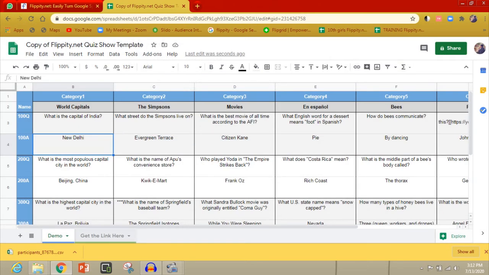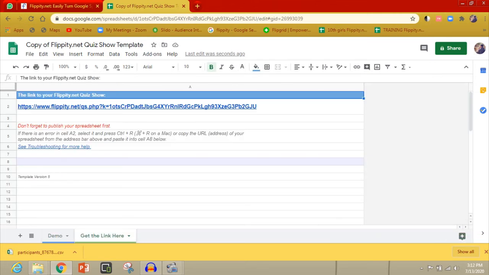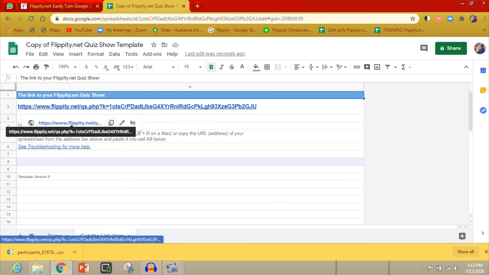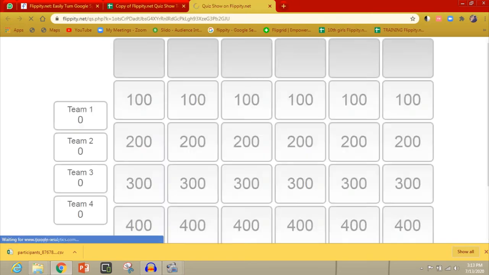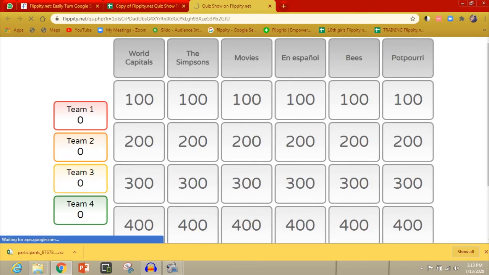And what is next? Next you go to get the link here. You can see here, just click that get the link here, and it will be directed to a page like this. Here you can select, and there will be a small link, right? If you click the small link, the game will be opened.